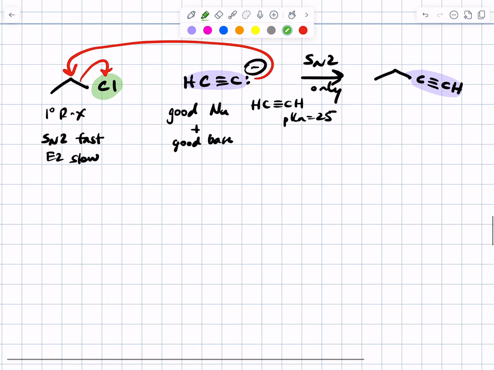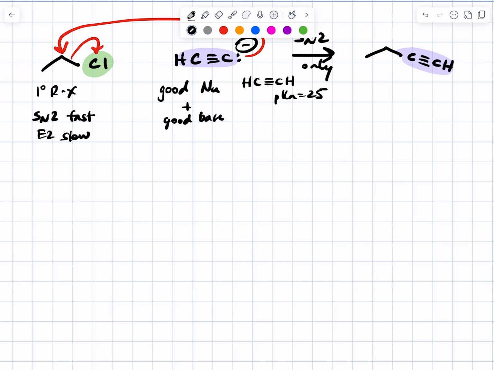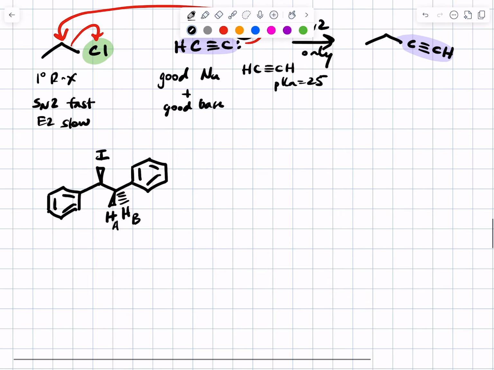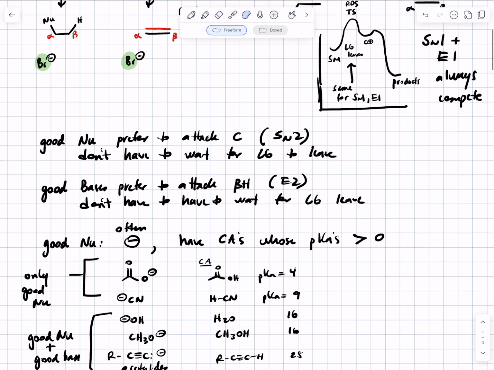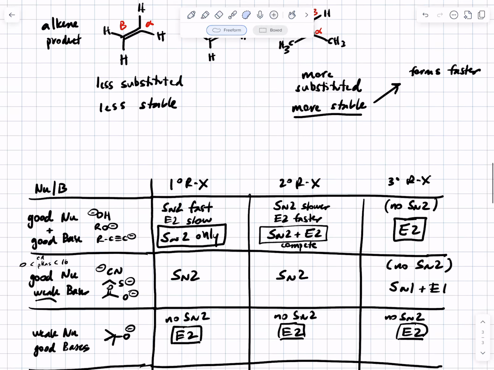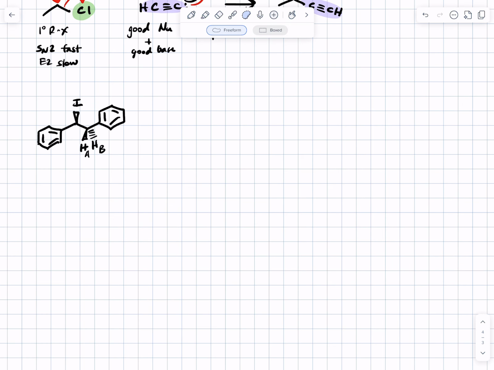Let's do something where we have to deal with the complications. So here is your starting material. It's got a benzene ring in it. Ooh, it's got 2. And it's got 2 adjacent protons, which I'm going to call HA and HB. All right. Oh, I forgot to tell you something earlier. Oh, no. Don't worry about it, because we were going to talk about it again anyway, so this is good. And our nucleophile is going to be